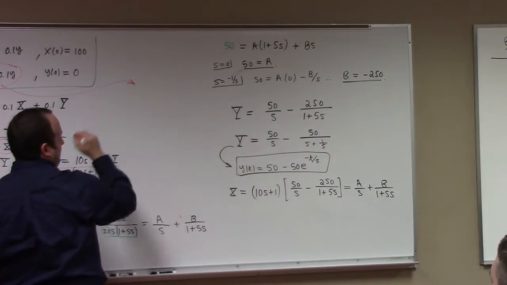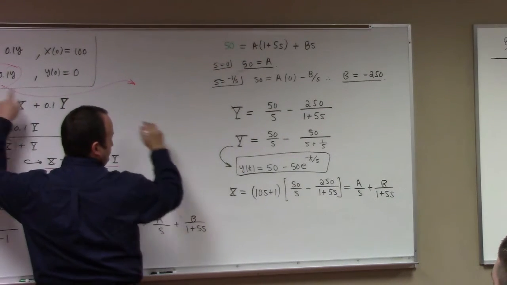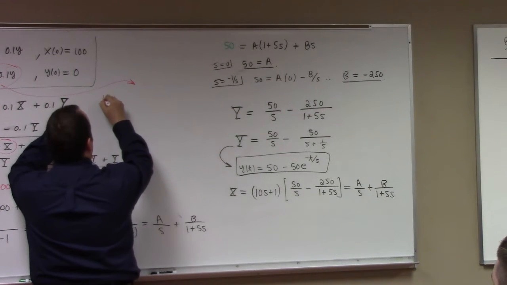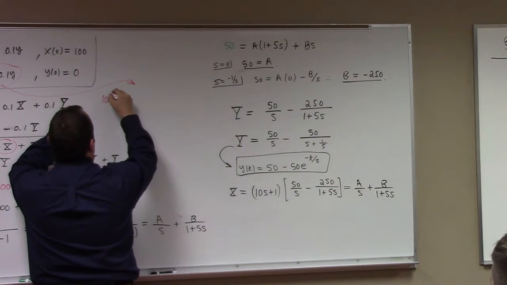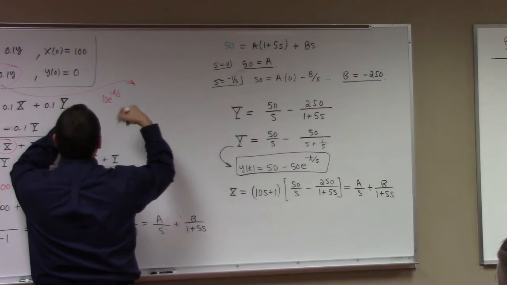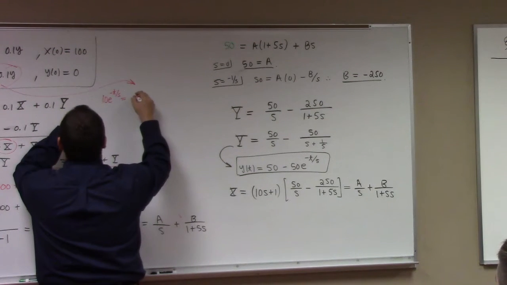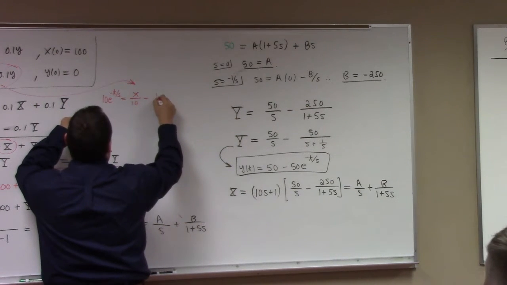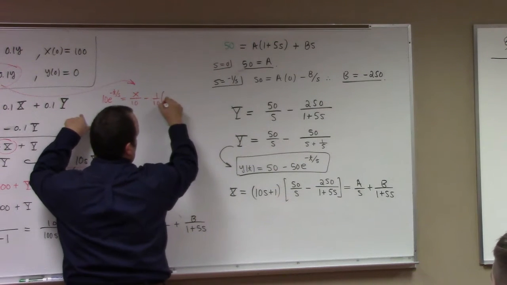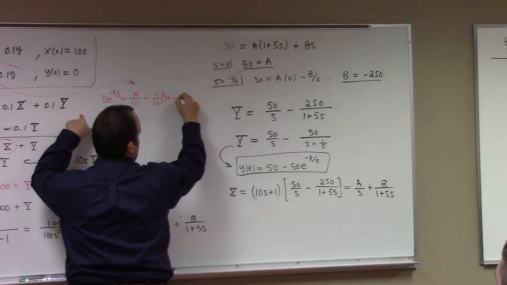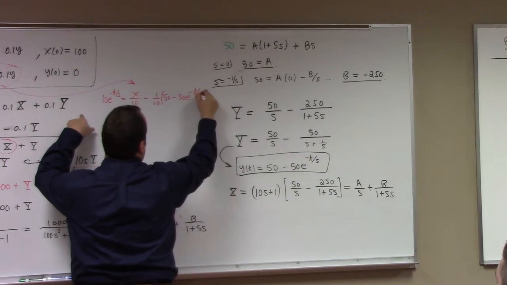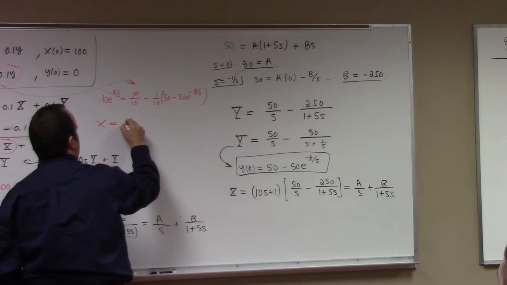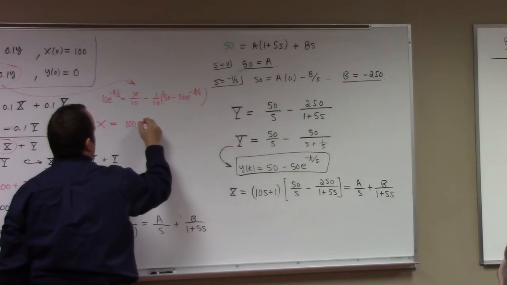And since I found y, I can find what's dy dt? Ten? Yeah, 10 e to the minus t over 5 equals x divided by 10 minus 1/10 of the y, which was 50 minus 50 e to the minus t over 5, and then solve for x. Oh yeah, that's way easier. Now that I write it, it's obviously easier. X is 100 e to the minus t over 5